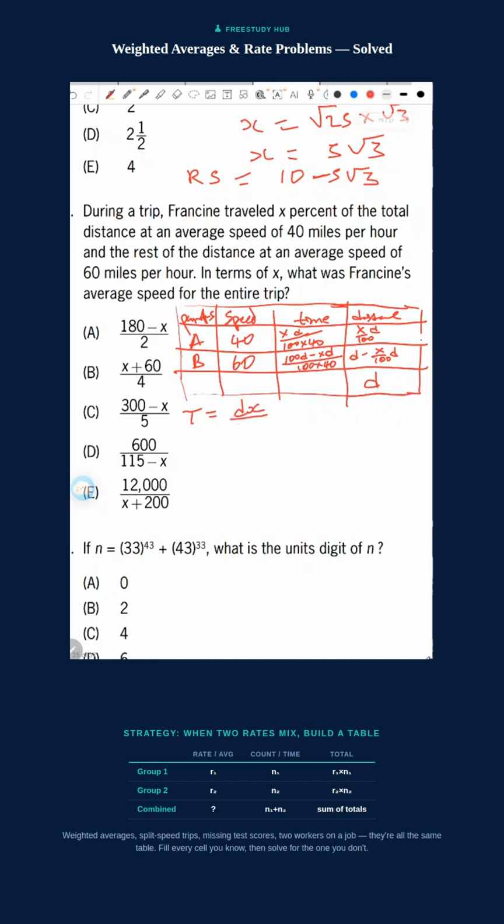let's use this as ds. ds over 100 times 40 is 4,000, plus d is common here. Then we have 100 minus s over